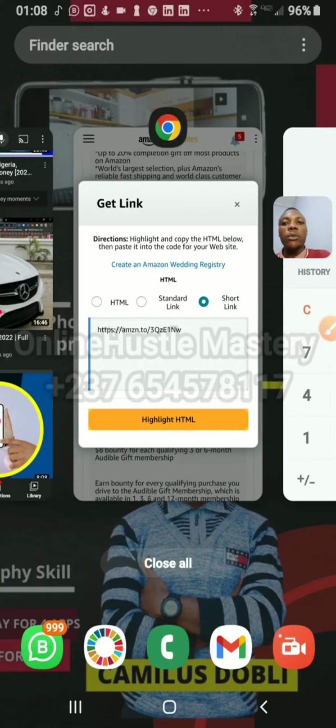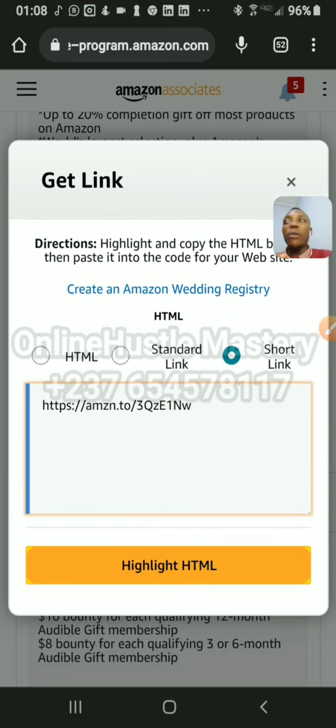So all you have to do is go and create your account on Amazon Associates. Then you carry on with the process. Is that okay? When you do that, your money is going to be reflecting in your account after 24 hours. So that's just how it is. All of you that sign in with this new account, the money is going to reflect, and I'm going to post in the group for you to see.